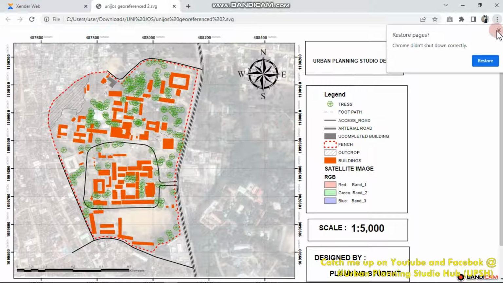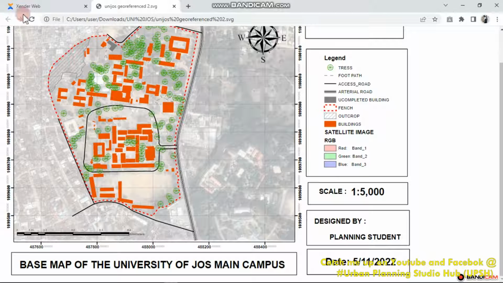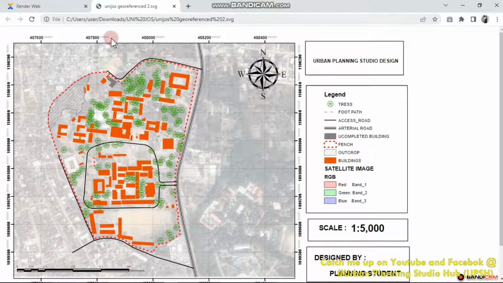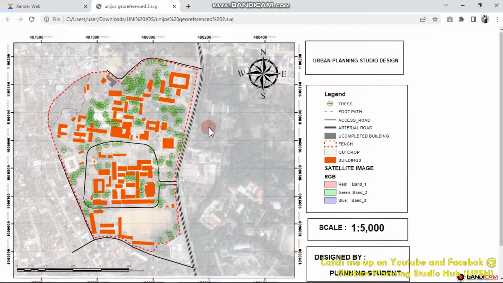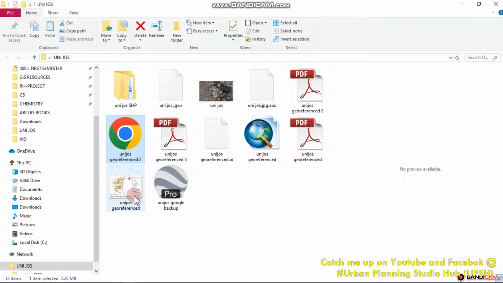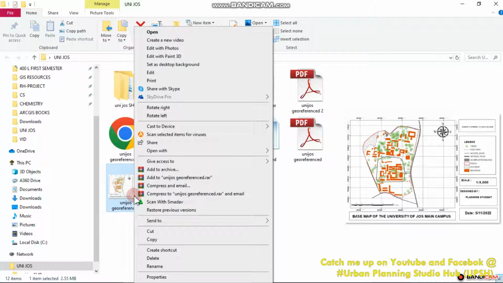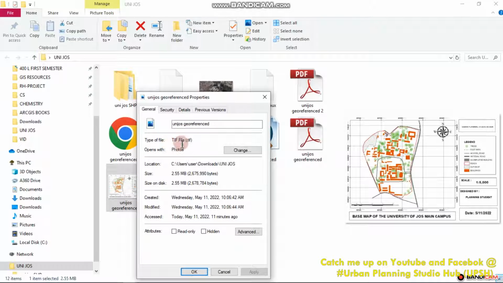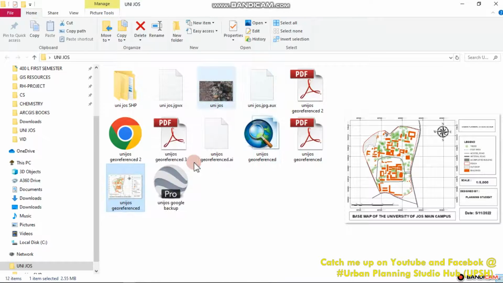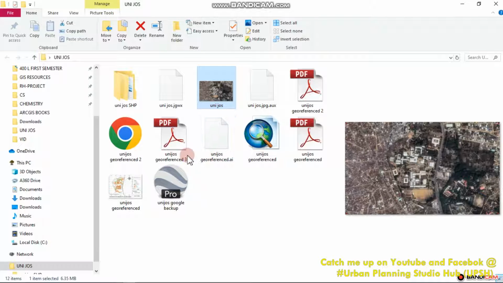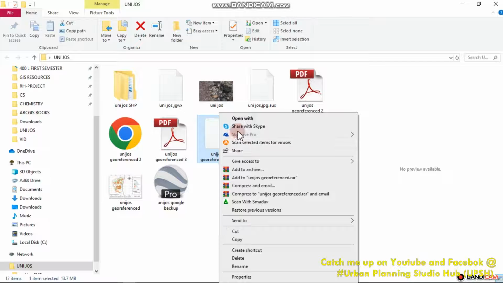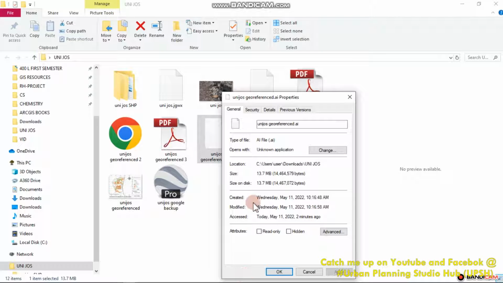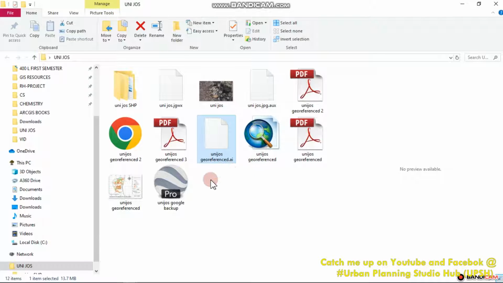Now this image is an SVG, and you can see it even has a URL. Then this, you can actually click here to see the properties so that you see the file type. Okay, this is TIFF. And this one that we saved, I saved one as AI. Okay, this is Adobe Illustrator. I don't have Adobe Illustrator on my PC, that's why it's showing me blank. Okay, so all what you have